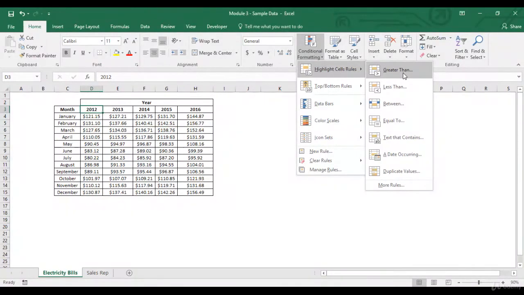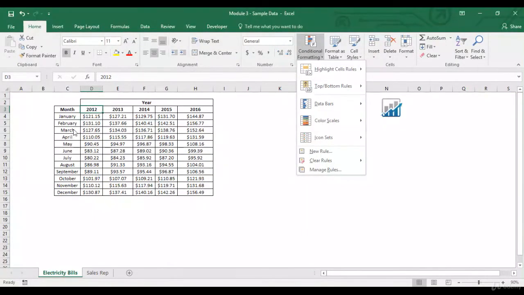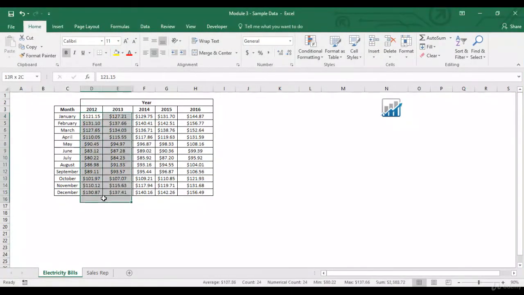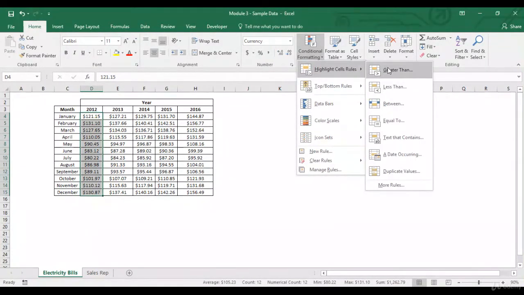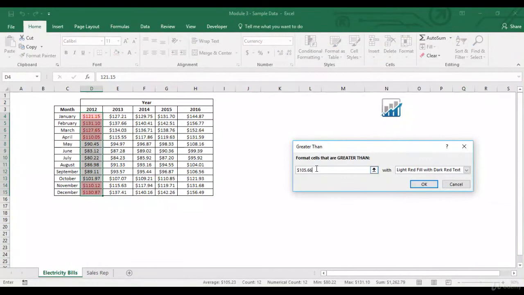So greater than we looked at in the previous example, but let's look at it over here again. Let's select these cells, and let's say I want to highlight all those cells where the value is greater than 110. Greater than.